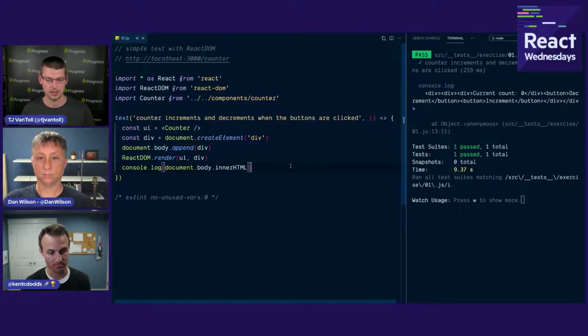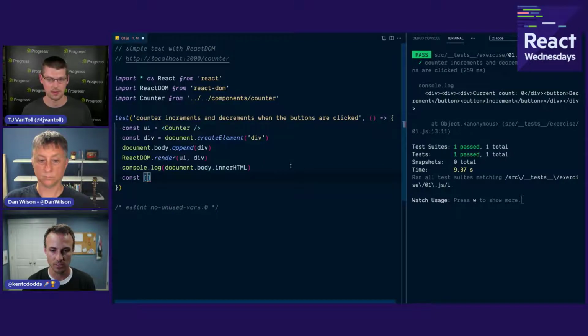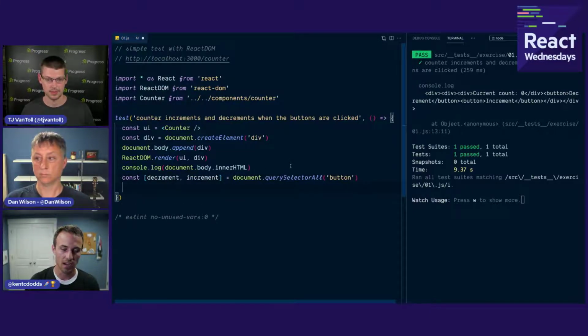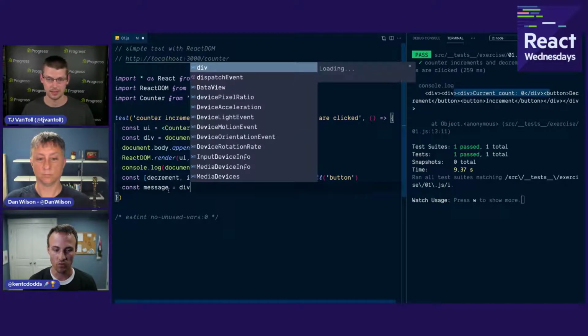so I can click those. The easiest way for me to do that is to say document query selector all, find all the buttons in here. And there are going to be 2. So let's just destructure both of those. We'll have decrement is the first one and increment is the second. And then let's also grab this div that has the message. So we can say message is div, and we could do